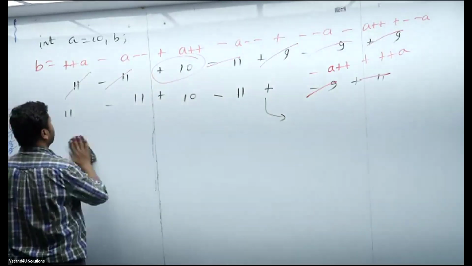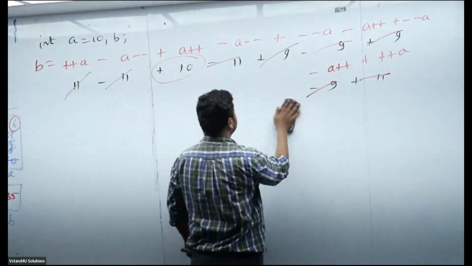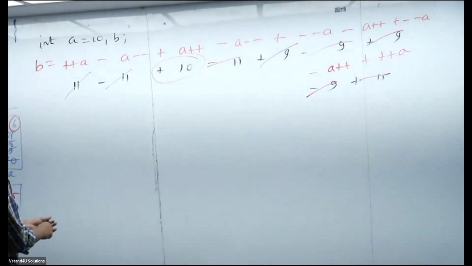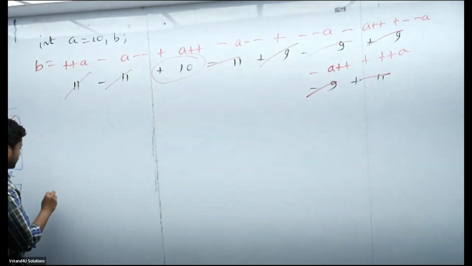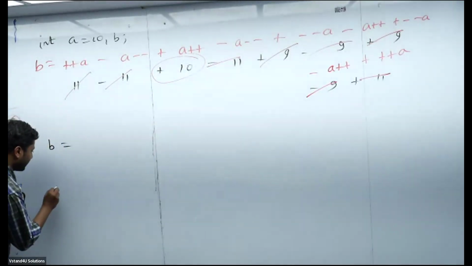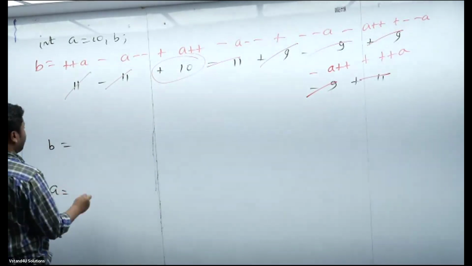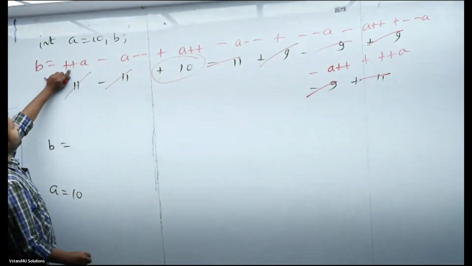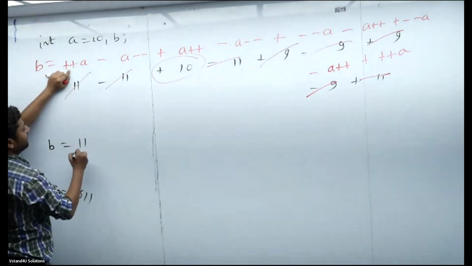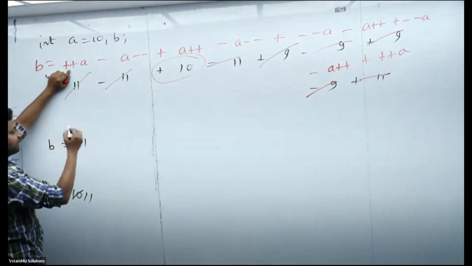Let's leave some space and start this time. Actually, I didn't see this part. Let me start. Wait a minute. Sir, first of all, we need to find out B equal to what? And A value is what happened. A value is already 10, sir. Because of this operation, first you do the incrementation, A became 11. Then assign 11, consider the 11 incremented value.